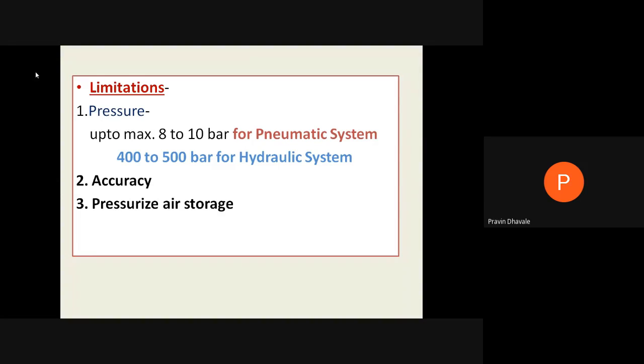As air is compressible and highly reliable, the accurate motions cannot be obtained by using the pneumatic system, as that was well obtained by the hydraulic system. Here accuracy means